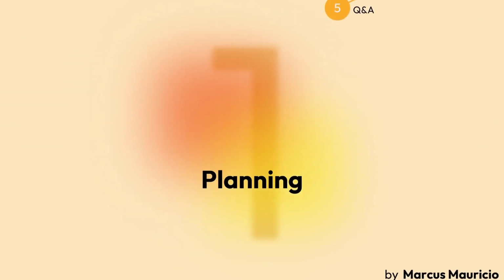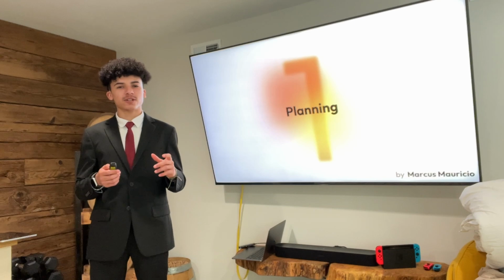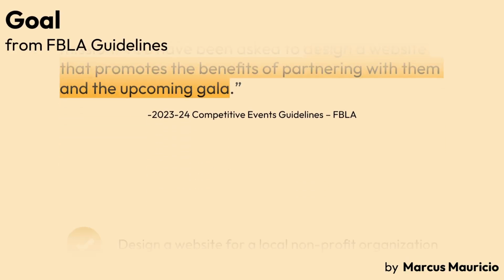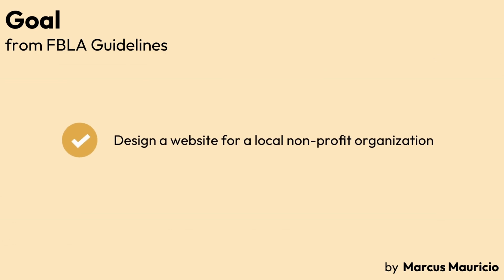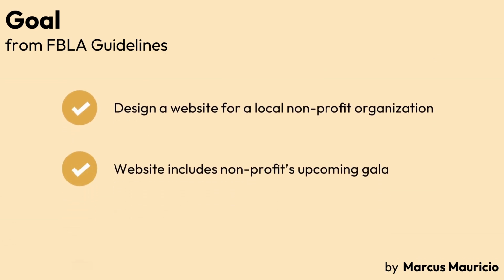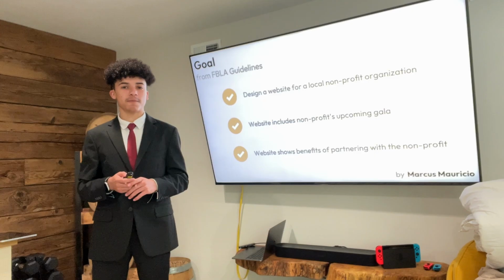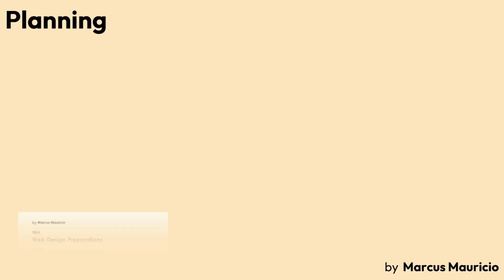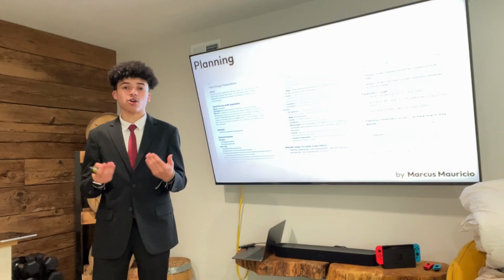First, planning. I first reviewed the FBLA guidelines to understand the project objectives. Design a website for a local nonprofit organization that promotes an upcoming gala and shows the benefits of partnering with the nonprofit. Next, I created a Google Doc where I added a checklist of project requirements and other features or